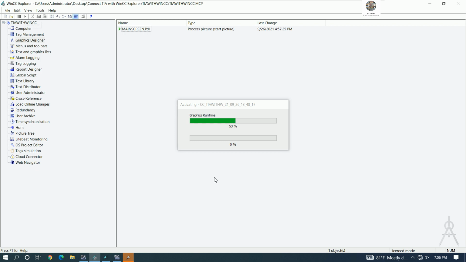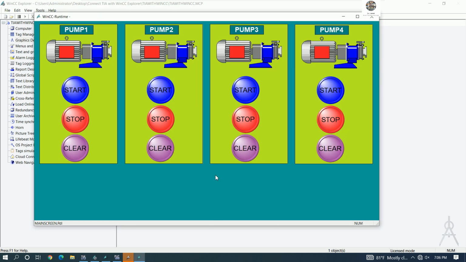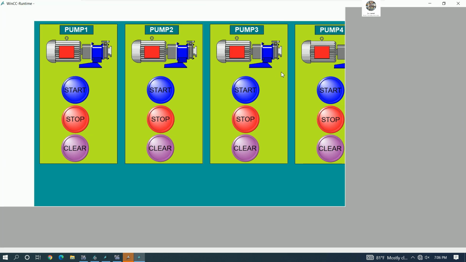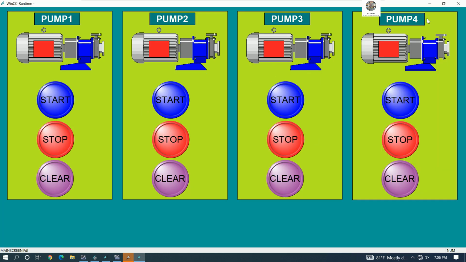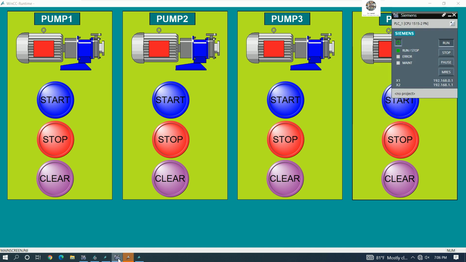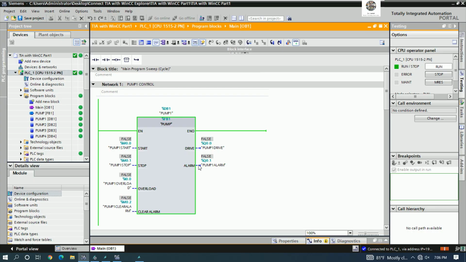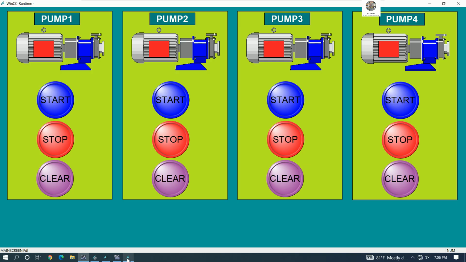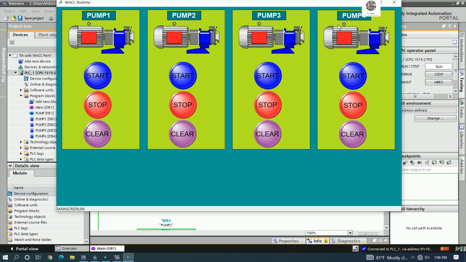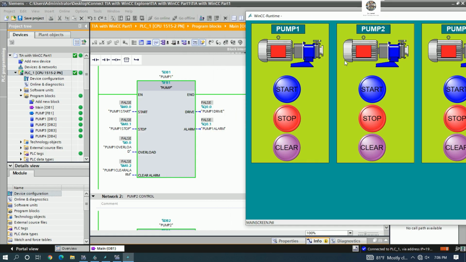Wait a moment more for the runtime to activate. Okay, here is the screen that we already learned in the previous video. So we can start and stop the pumps, right? Let's test again. For example, pump 1 we can start. Let's see pump 1 running,